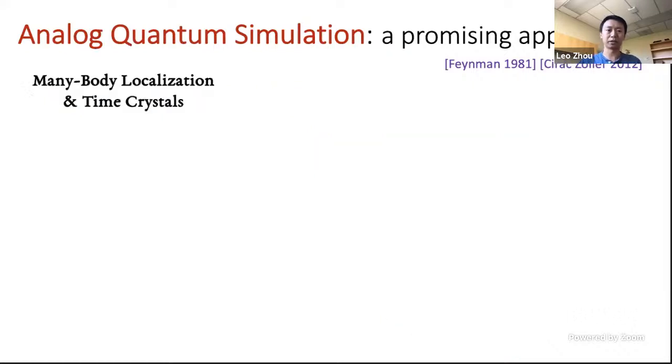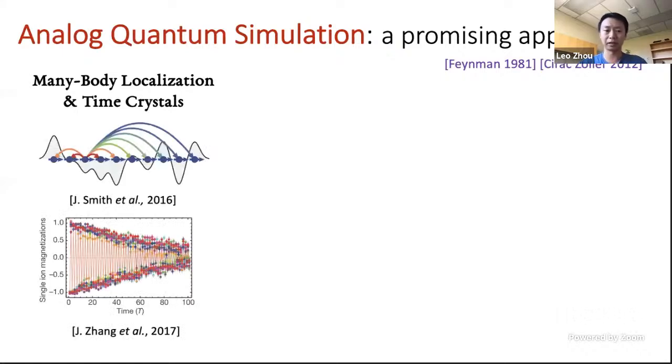I'll give you a couple of examples. Some of you may have heard about many-body localization and time crystals. These are originally hypothetical phenomena proposed by some physicists, and there's been a lot of debate in the community about whether these are real effects or simply artifacts from finite-sized numerical simulations. Recently, in a series of beautiful experiments, some of it led by Chris Monroe's group in Maryland using trapped ions, they were able to show, using 50 trapped ions, a lot of strong experimental evidence that these effects are real and they do exist